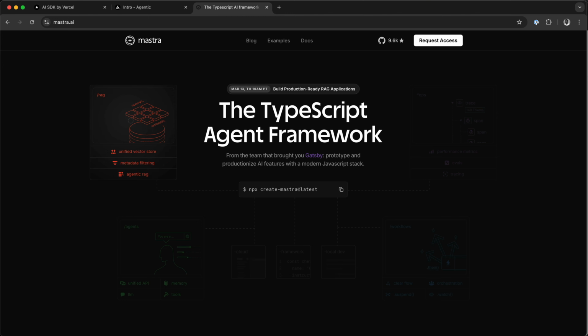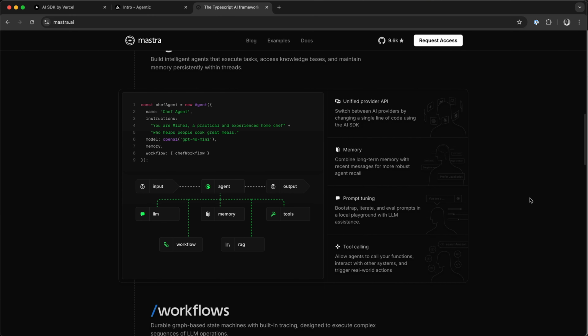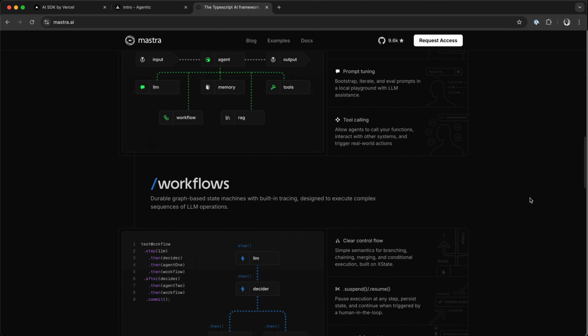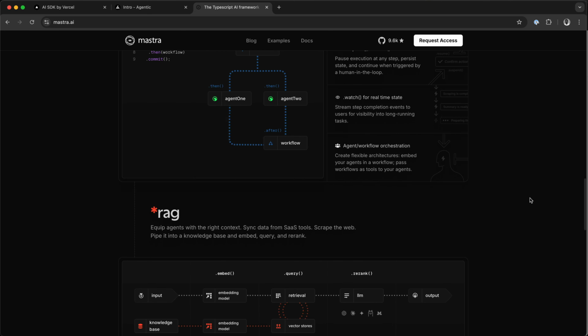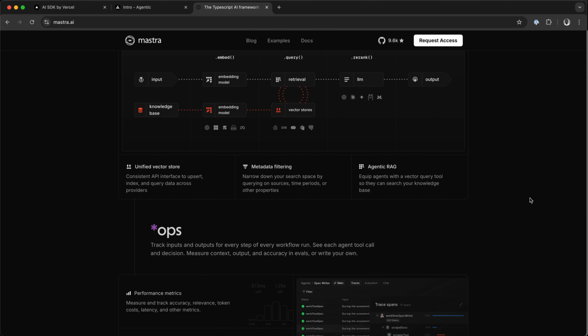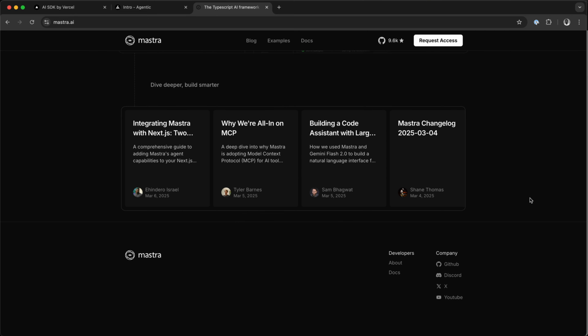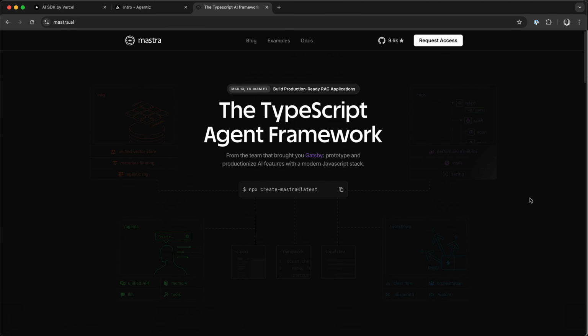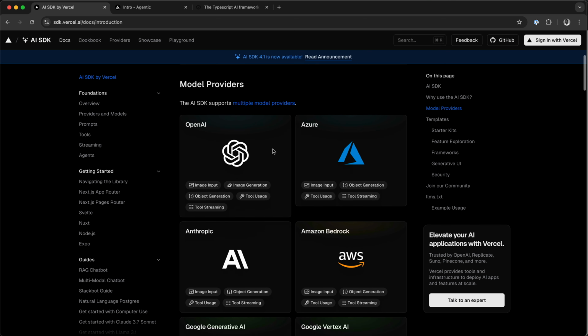We also have Mastra AI, which is an excellent TypeScript agent framework with tool support. As the AI landscape is growing rapidly, several TypeScript-based frameworks and libraries with many tools and toolkits will soon emerge. So I encourage you to check all these libraries: Mastra, Agentic.so, and the Vercel AI SDK if you want to